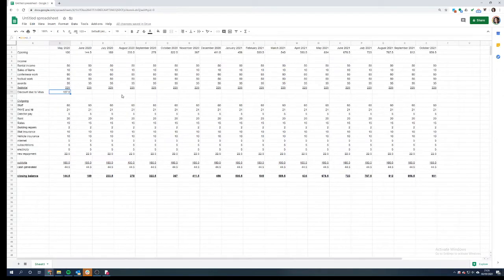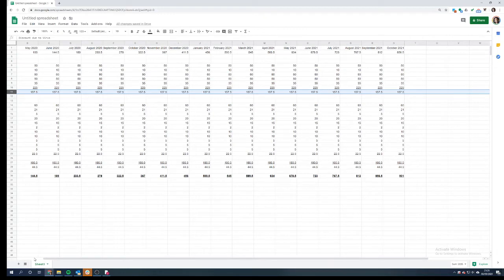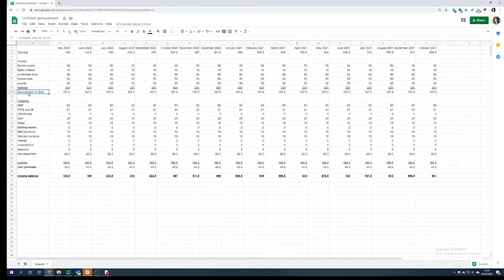Again, if that doesn't make any sense, just email me. I'll quickly amend this for you. It's fine. Let's put that across here. And let's just change that as well to discounted due to virus. Okay. And let's make that the new underline bit. And let's call this the normal subtotal. So you see I've started with a pretty simple, very A-level standard cash flow forecast. And it's starting to get a little bit more complicated now.